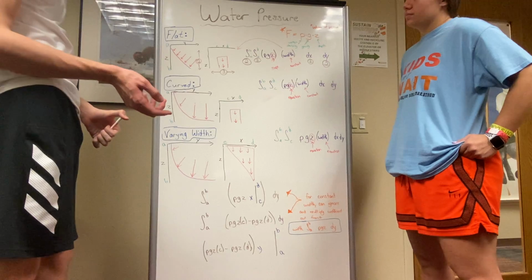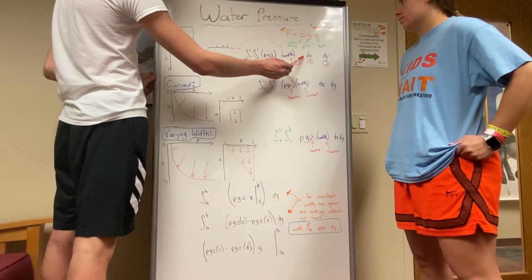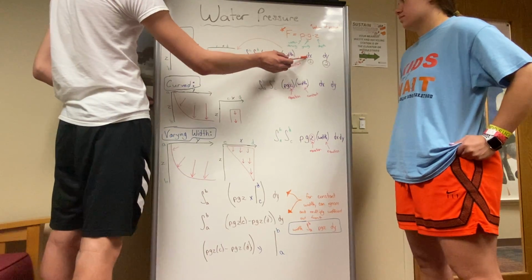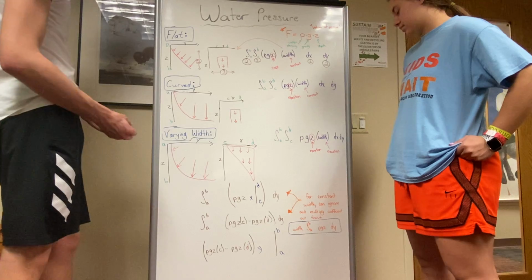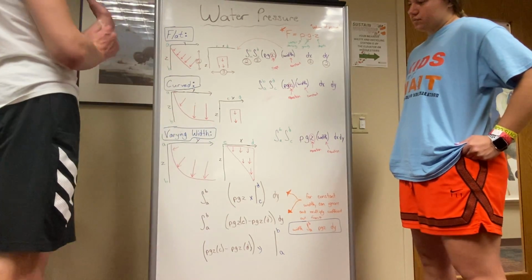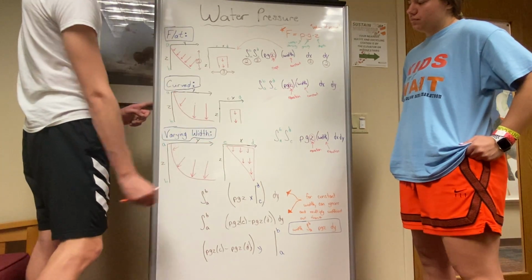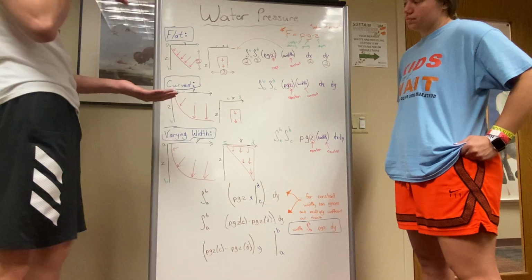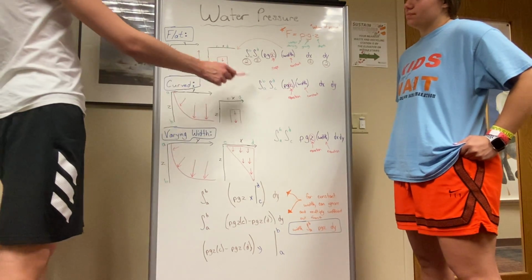And the important part to remember about this is when you're integrating, it has to be in terms of x if you're doing it with d of x, or in terms of y if you're doing it with d of y. And that's just important to look at it from these two perspectives, kind of from the side if it was going into the paper for these, or just from the front if it was looking at it from the side. So that's about it for those. It's the same equation, just either